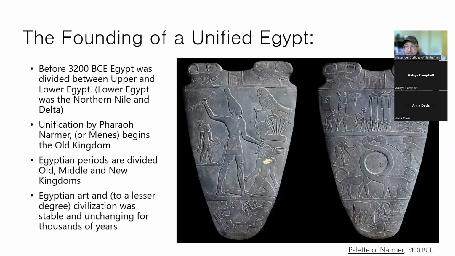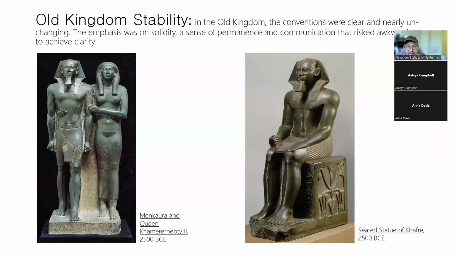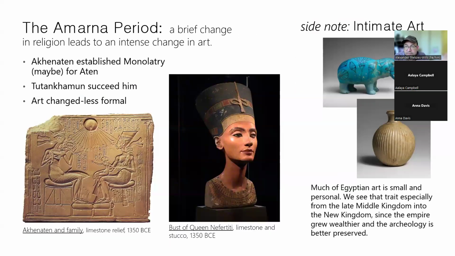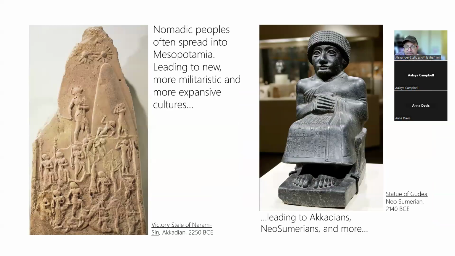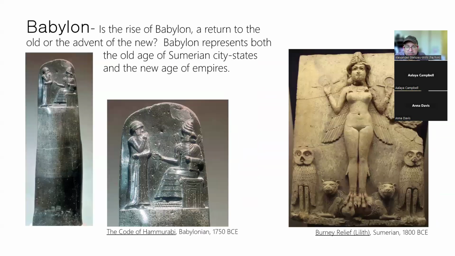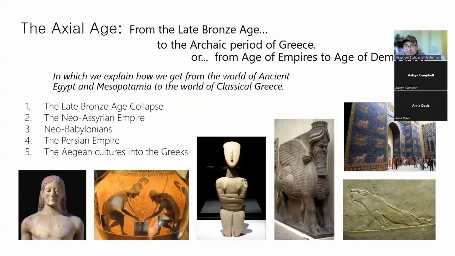We talked about the very founding of a unified Egypt, the uniting of Upper and Lower Egypt. I gave kind of an overview of Egyptian art and Mesopotamian art, ending with talking about the old Babylonians, the Amorite Babylonians. And that leads to the next lecture, which is kind of a continuation of the art historical lecture,